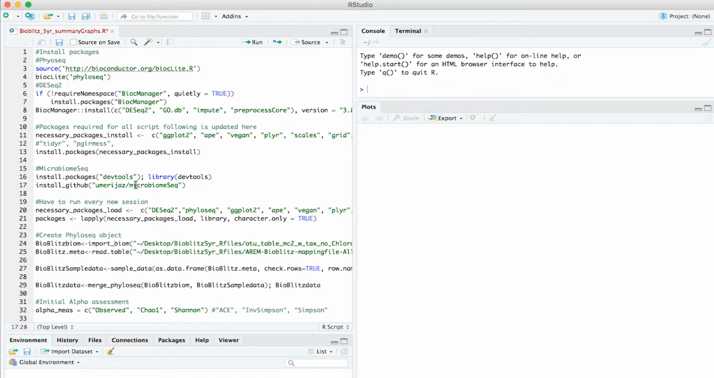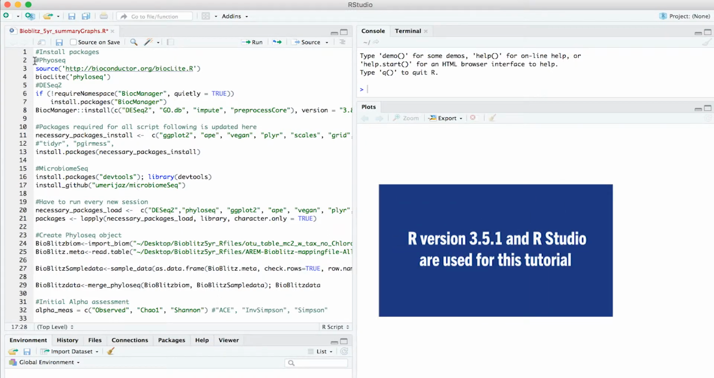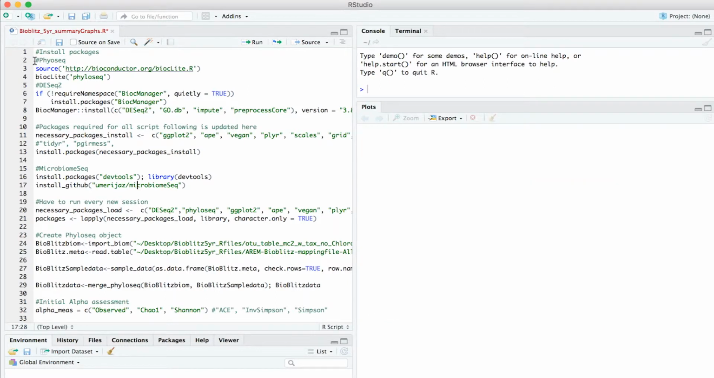Working in R, the first step is to identify what packages you need and the process to download them. We have RStudio downloaded and using the R version 3.5.1. And the process that we will use is a combination of built-in tools as well as getting Bioconductor and